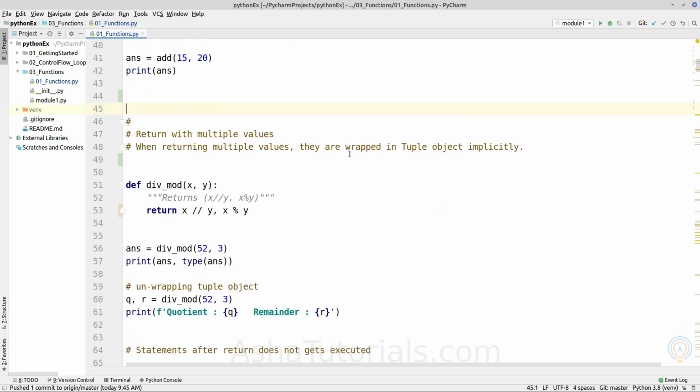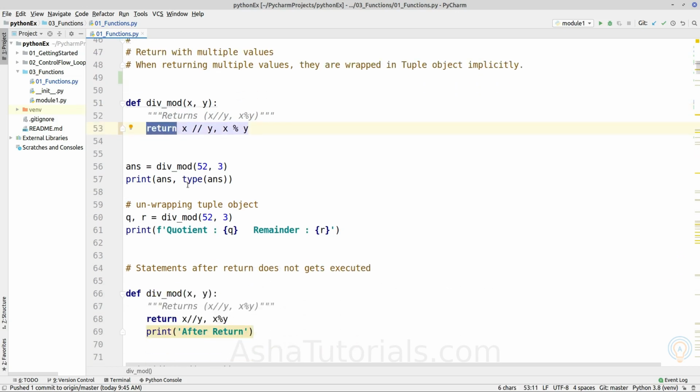next topic is returning multiple values with the return statement. Python does not restrict you to return only a single object from the return statement. If you write multiple objects to be returned, it will wrap those multiple values inside a tuple object.